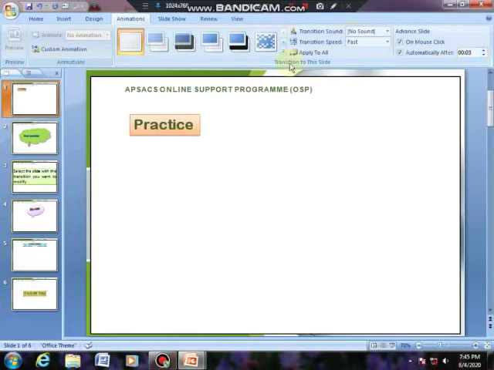Then you can add a timer to your slide by going into the animations tab. Here you can add timings to your slide. If you want to add your timers on mouse click, then you can wait until a mouse click to move on to the next slide. Or if you want to do it with your keyboard, then you can easily press enter to move to the next slide. So this is for the timers. We can add a certain number of seconds or minutes to play our next slide.